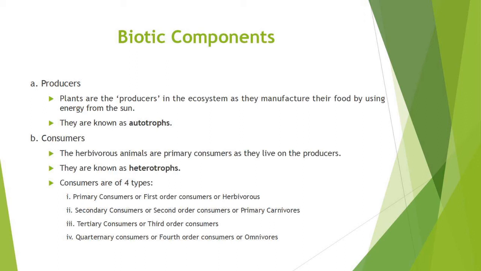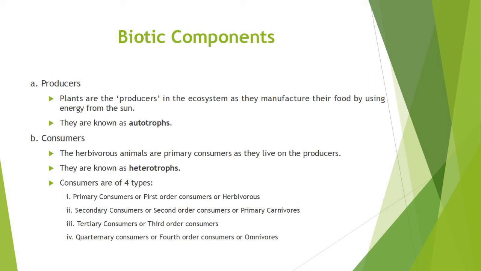Next, consumers. Animals lack chlorophyll and are unable to synthesize their own food. Therefore, they depend on the producers for their food. The herbivorous animals are primary consumers as they live on the producers. They are known as heterotrophs. The consumers are of four types, namely